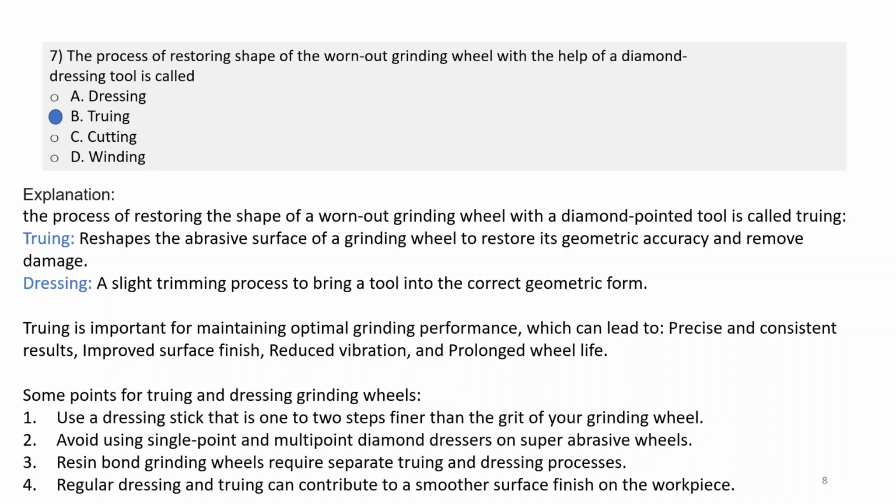called truing, and truing can be defined as reshaping the abrasive surface of a grinding wheel to restore its geometric accuracy and remove damage. Dressing is a slight trimming process to bring a tool into the correct geometric form. Truing is important for maintaining